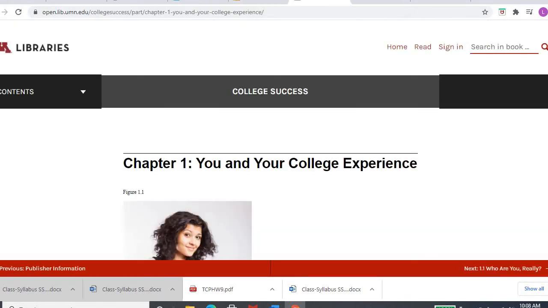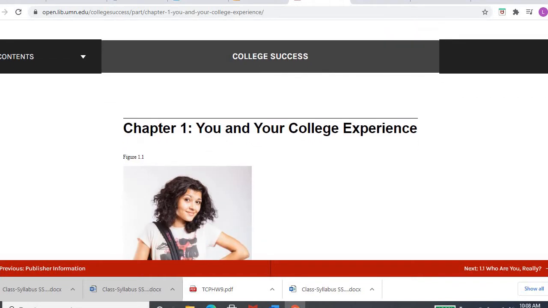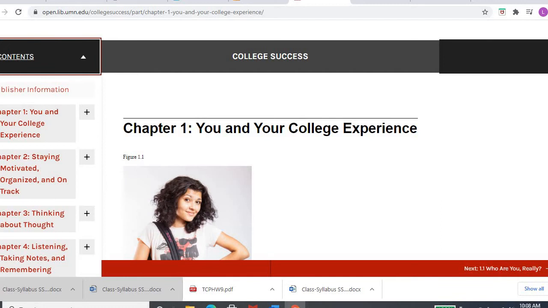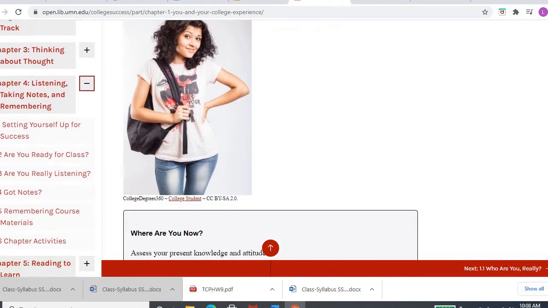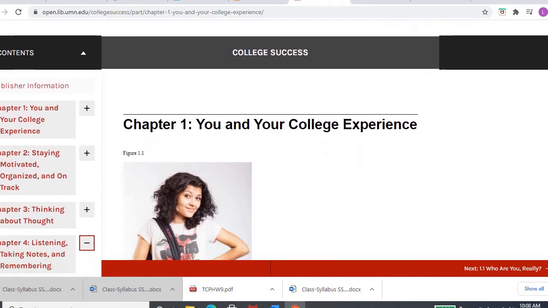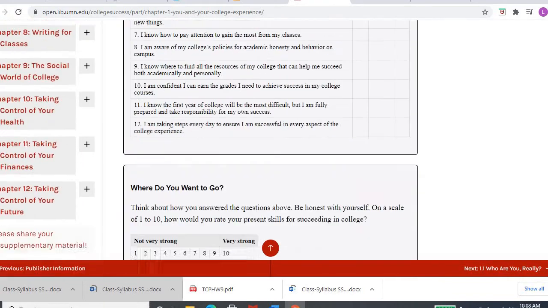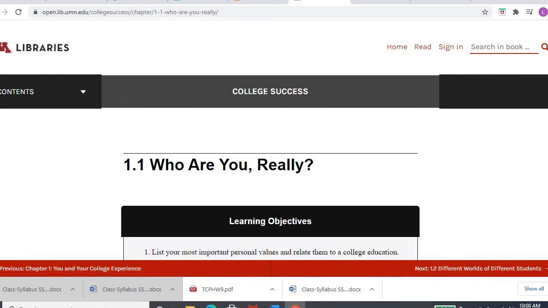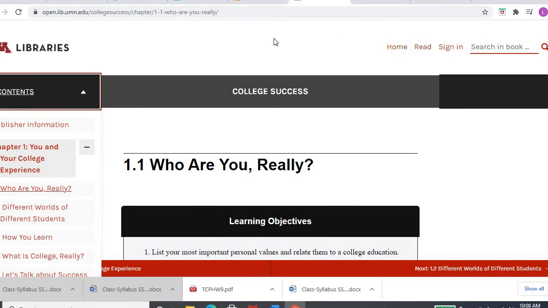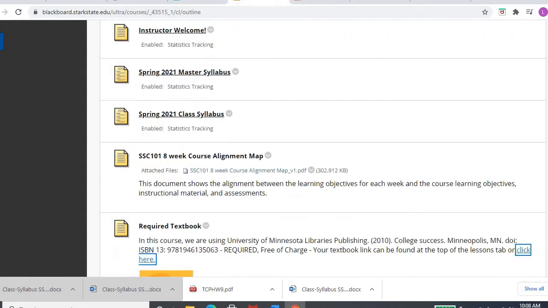I really like this for a couple of reasons. First, it's online, it's right in the course, it's accessible. Second, it's free, big perk. And third, I think it's easy to navigate. So when you go in, right away it brings you to chapter 1, but you can click on the contents and it'll walk you through all the chapters. And if you wanted to know more, you just hit the little plus sign and there are the subsections. What's nice about this is it's really easy to navigate. You literally just scroll down through the page, and when you're ready to click, down at the bottom right-hand corner, or as I mentioned, you can pull down the contents and click where you want to go. So that is your textbook, and I'll show you more about that when we get into our week 1.